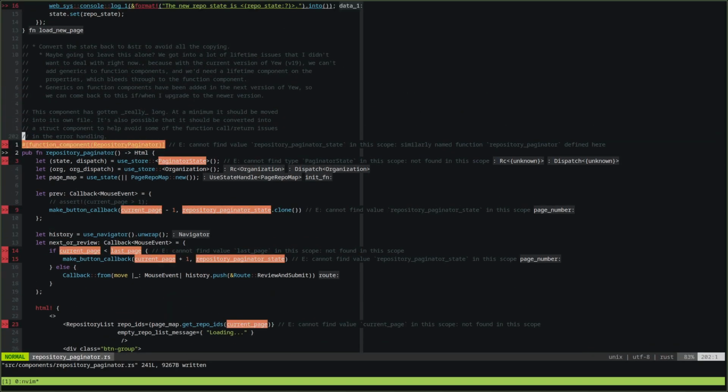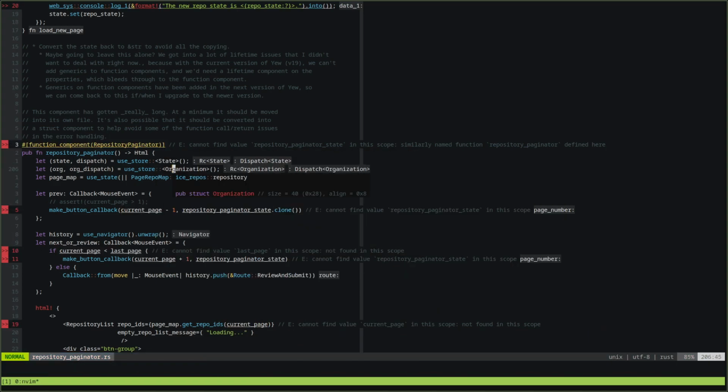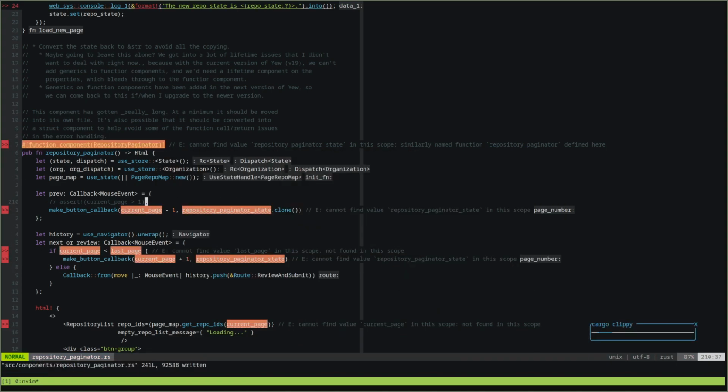And yeah, so this is where the majority of the cleaning up is going to be, because a lot of the requests were happening in this paginator component, and I want to pull out all of the requests and make this paginator component just about displaying the current state. We don't want to perform any sort of requests. This is all going to be just how do we display the state of this organization to the user. Nothing else should be happening here. So